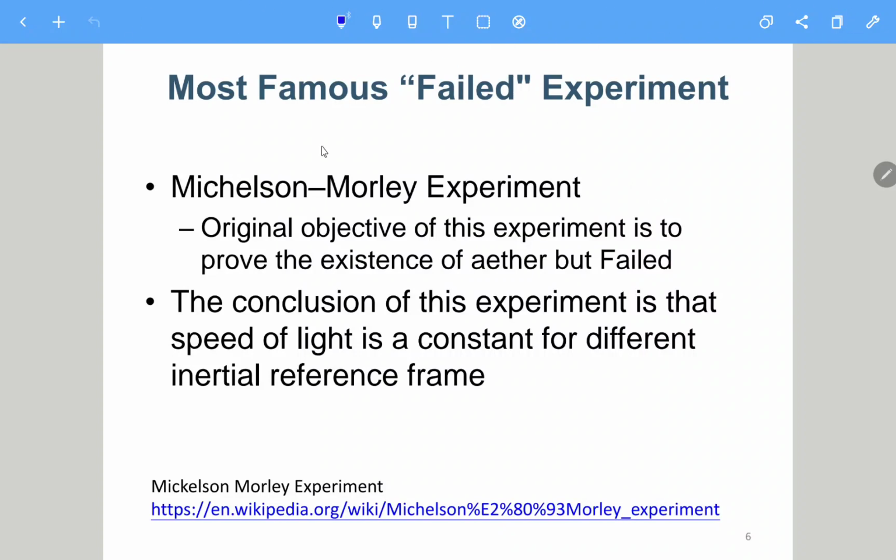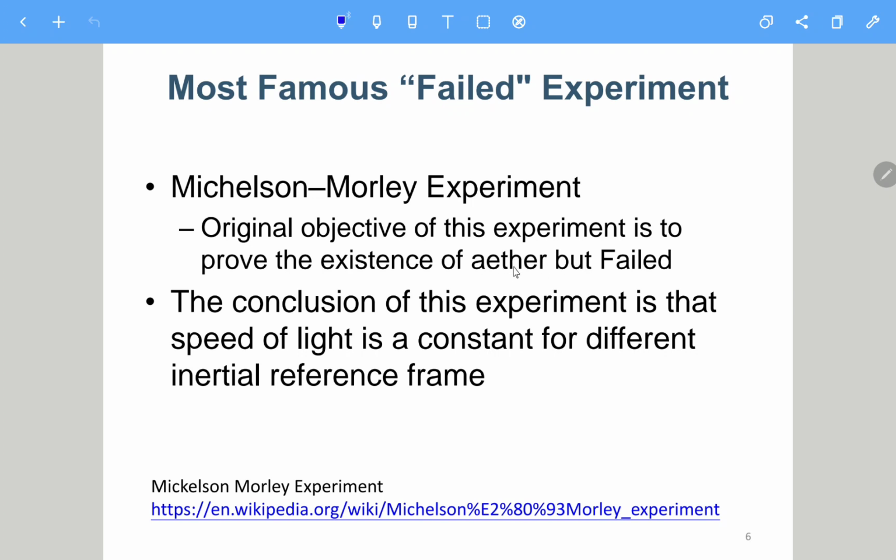So this is the so-called most famous failed experiment. Michelson is related to the interferometer, and of course Morley joined this experiment. The original objective of this experiment was to prove the existence of the ether. Just now I mentioned the ether. The physicists believed that there should be some ether for the propagation of the EM wave, of the light, but it actually failed,